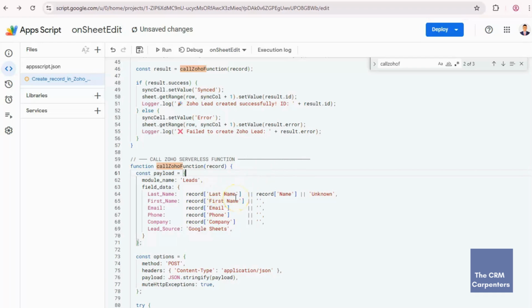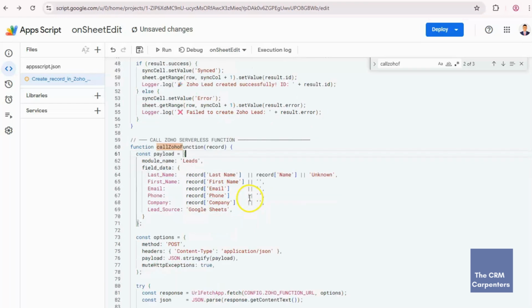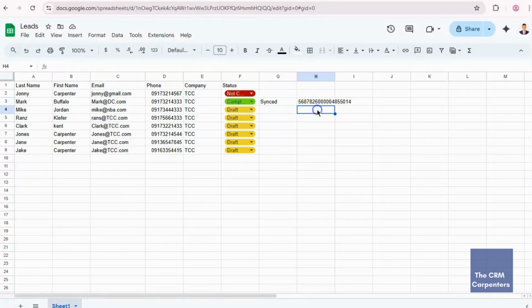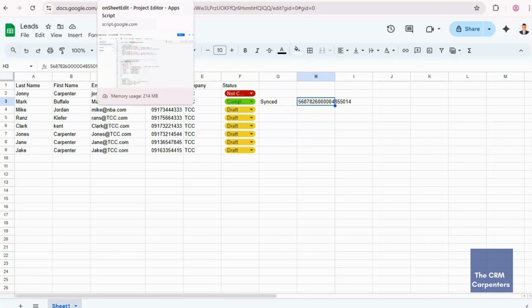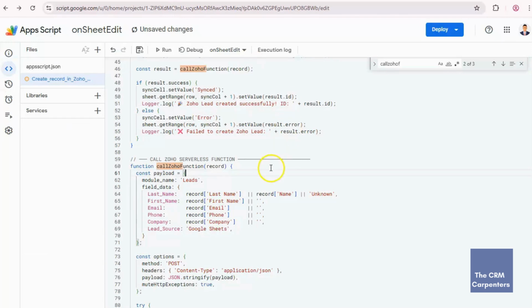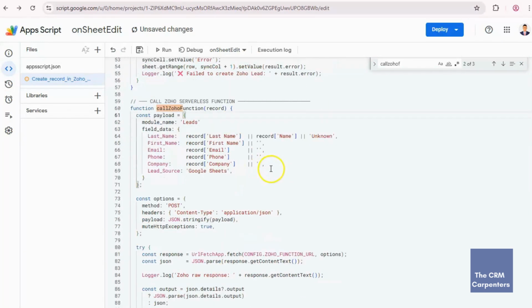Then it parses the response to return either a success with a new lead ID or an error message. So in here you can see that it logs the record ID that's being created on your Zoho CRM. The leads created ID is also being logged in here. That's how powerful this call Zoho function is.